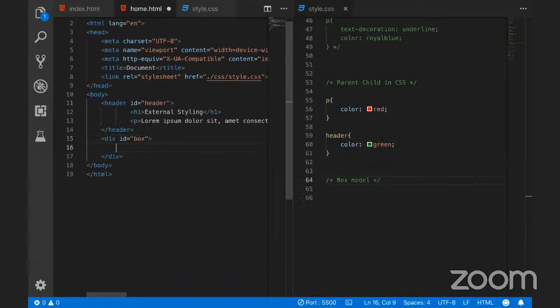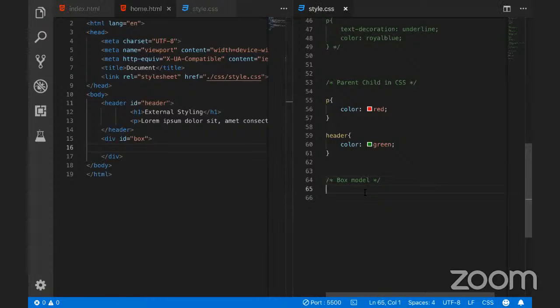Okay, I will ID it as box. Now here, we will use all the properties that are utilized for the box model. The properties you saw earlier, with names, we will implement here, and then we will go ahead and implement that. So for the box model property, if I'm targeting it as a box, I will say hash box, and inside this,